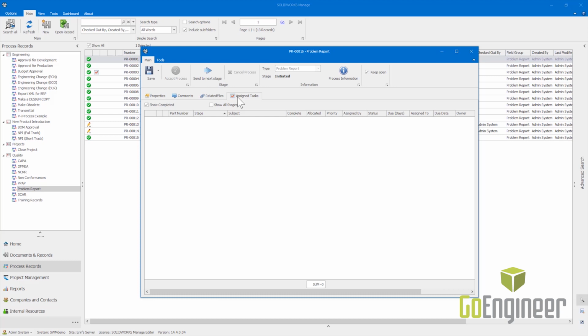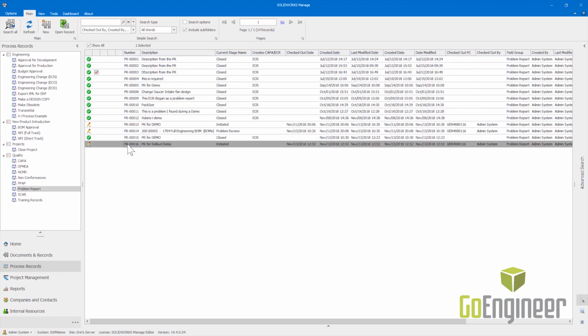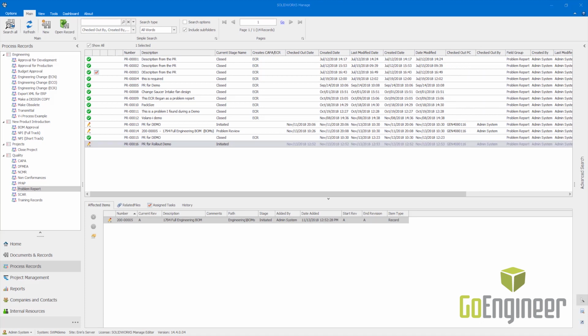The workflows can also be configured such that they're unable to move from stage to stage until certain tasks are complete. This method is what I would call top-down process generation, where you create a process record and then add affected items to it. Another workflow that Manage supports for initiating process records is a more agile, bottom-up methodology, where you can go directly to the documents or records affected,